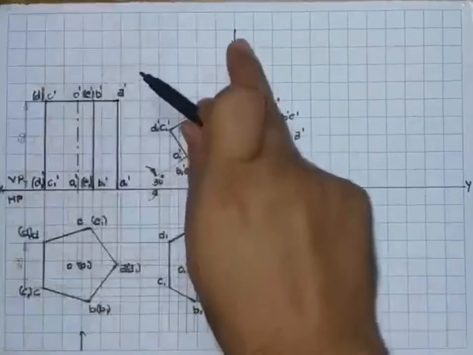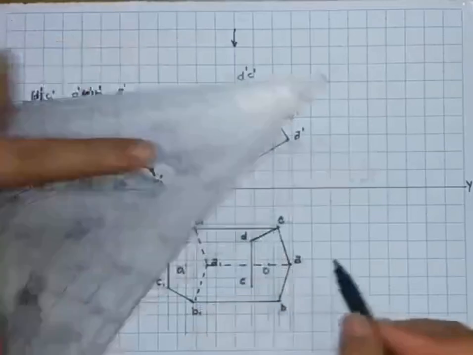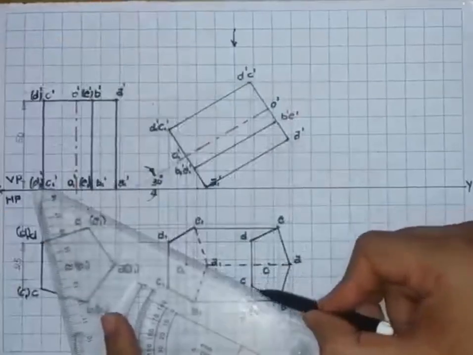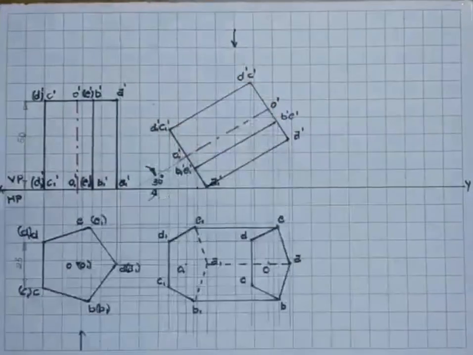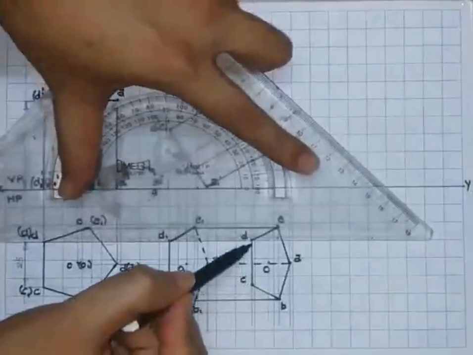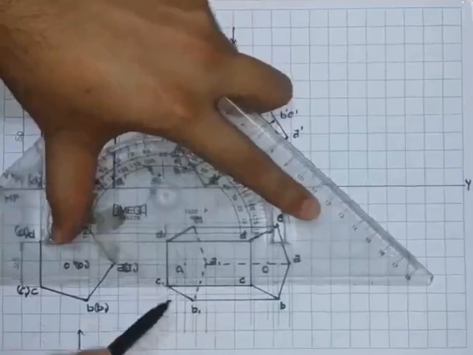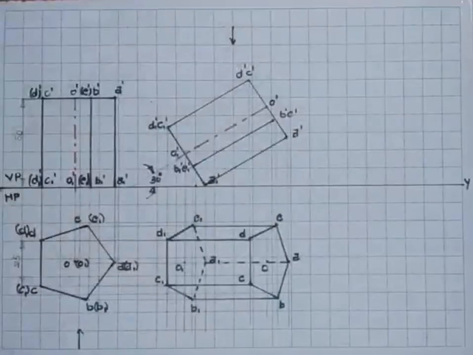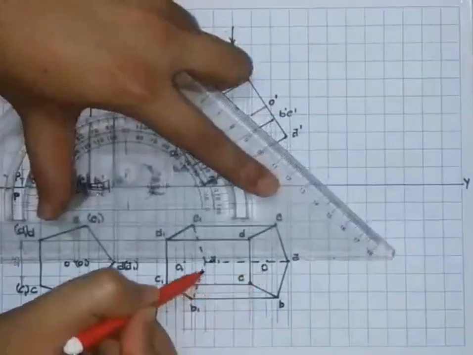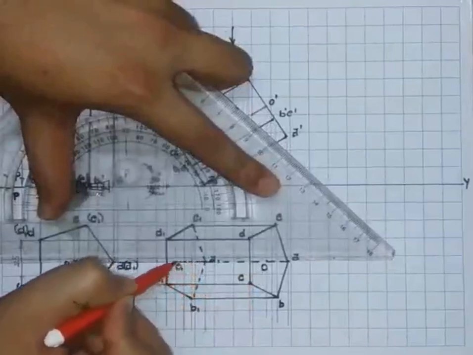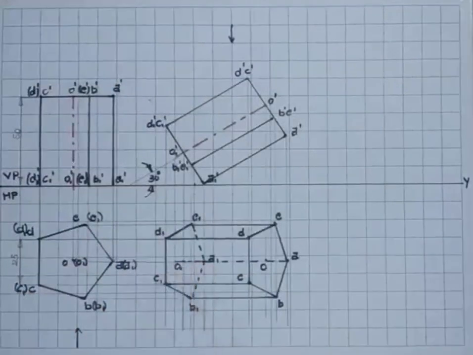Right? C and D are nearer to the observer, so C and D is clearly visible. Make it dark. And also C to C1, D to D1, they are also clearly visible. So make it dark. And the rest of the edges are already connected. And we can show the axis, but it is already connecting one of the invisible edge. So just show it beyond that invisible edge line.